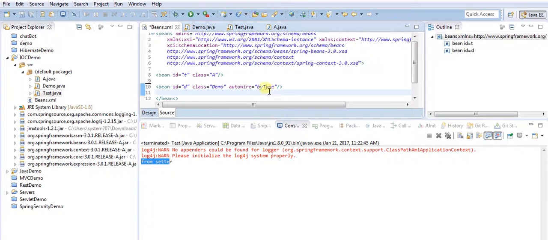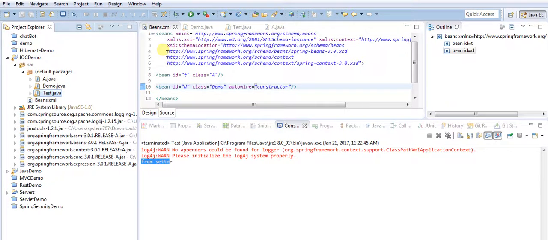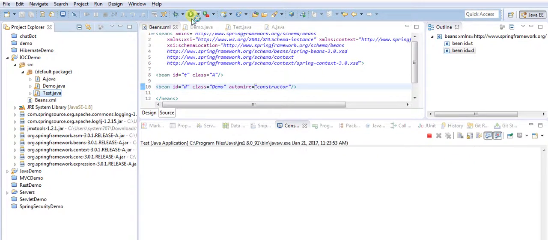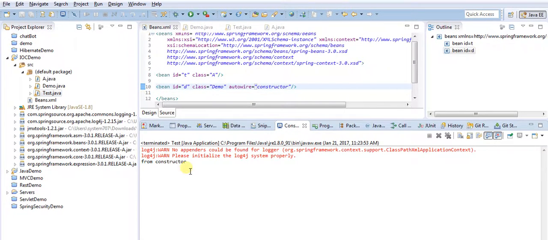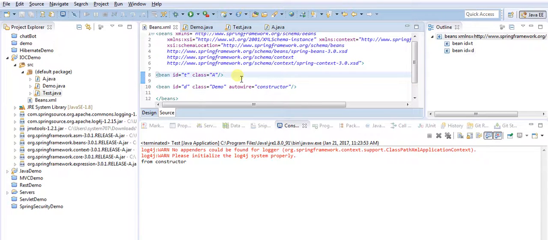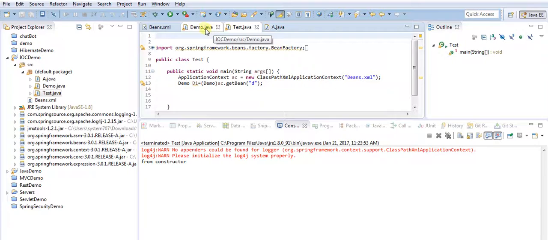So here I will have to mention constructor. And now I'll try to run this. See, now it is using constructor injection. It is not using by type or by name. It is not using any setter. It is using